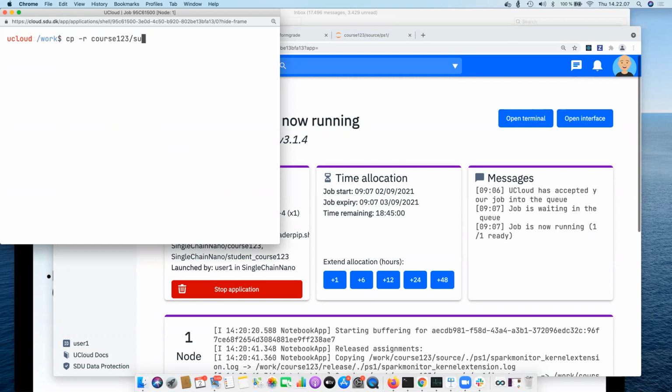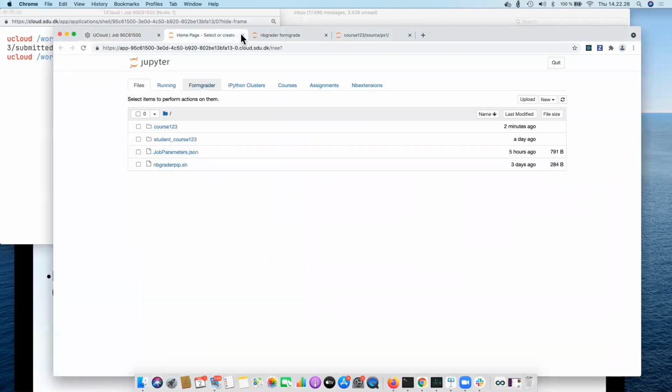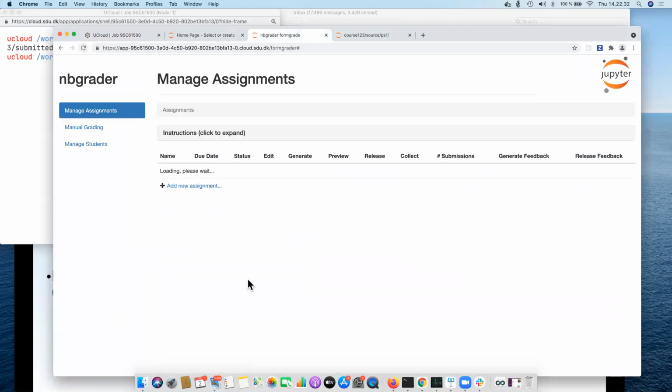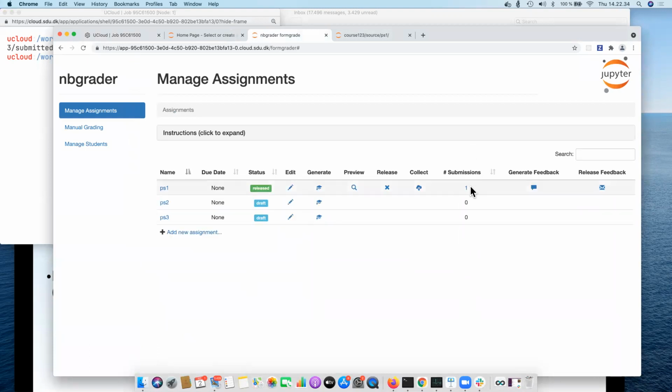For example, I will put in my submitted folder user 1, because it's the student who solved it. So hopefully at a certain point I will have a number here of submissions,